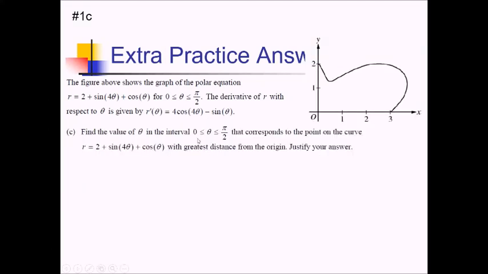For this problem, we want to find the value of theta from 0 to pi over 2, where this r of theta function has the greatest distance from the origin, and then justify our answer. So basically trying to maximize this function. But one thing we have to be careful about is that distance from the origin could also be negative distance. So we can't just take positive distance into account. We have to also figure out if there's a negative r value that's further away than the positive r values